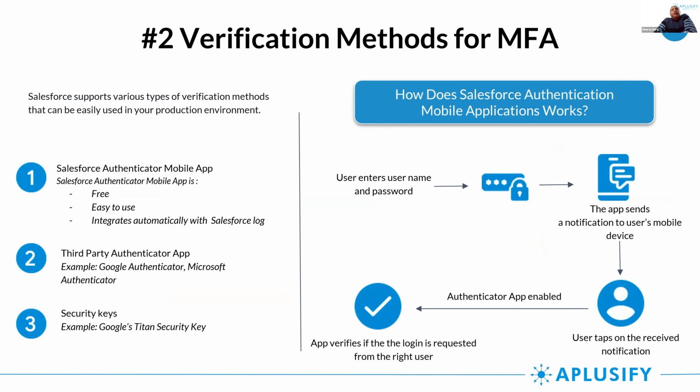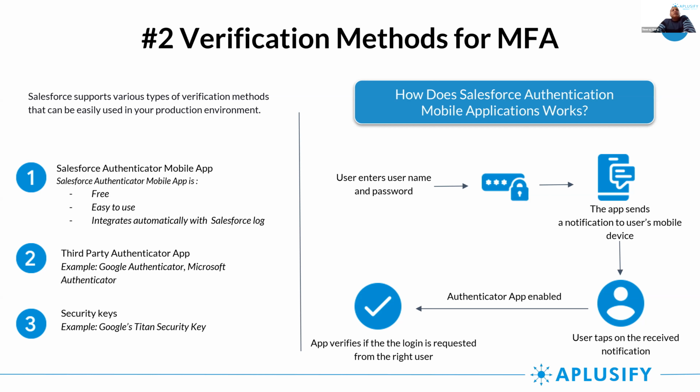So the first scenario that we talked about, data phishing, where an email comes to the users. What we could do is, Salesforce actually provides something called the Salesforce Authenticator mobile app. You can go to AppExchange and download this app. This is for free. You just have to install it, and it's easy to integrate with your Salesforce system. So once you do that, as soon as a user enters username and password, the app, since it is synced with your Salesforce org, sends you a notification on your mobile device.